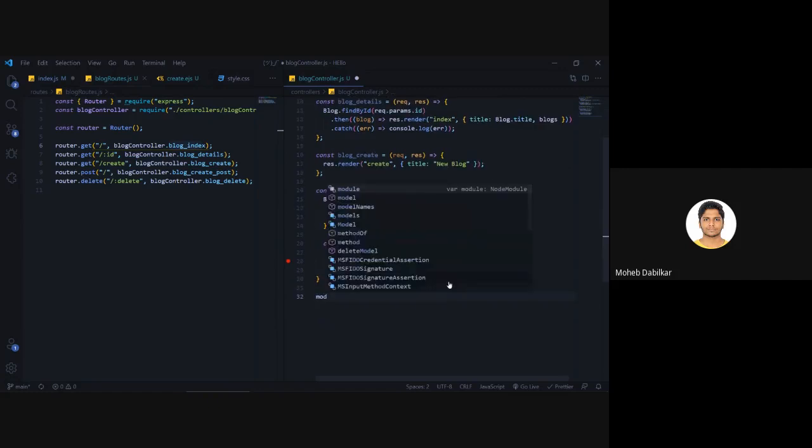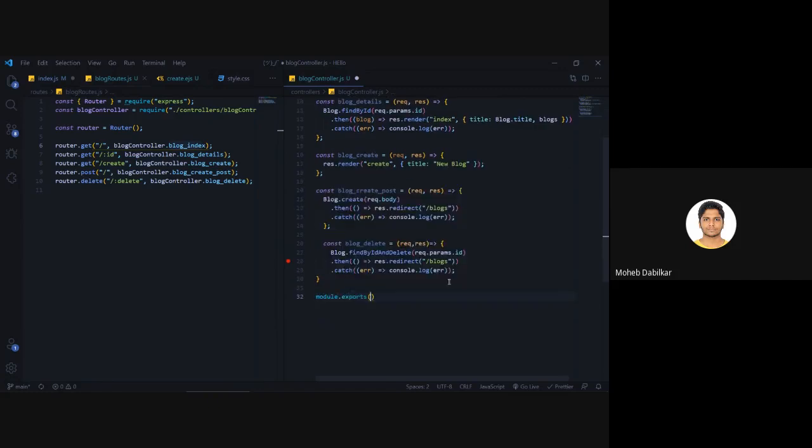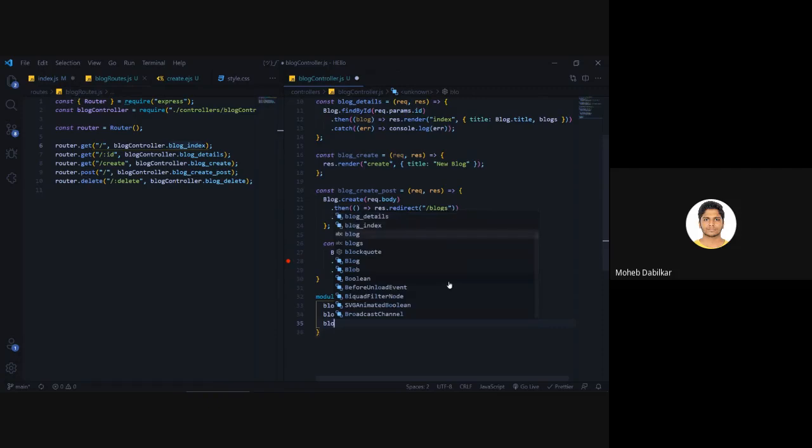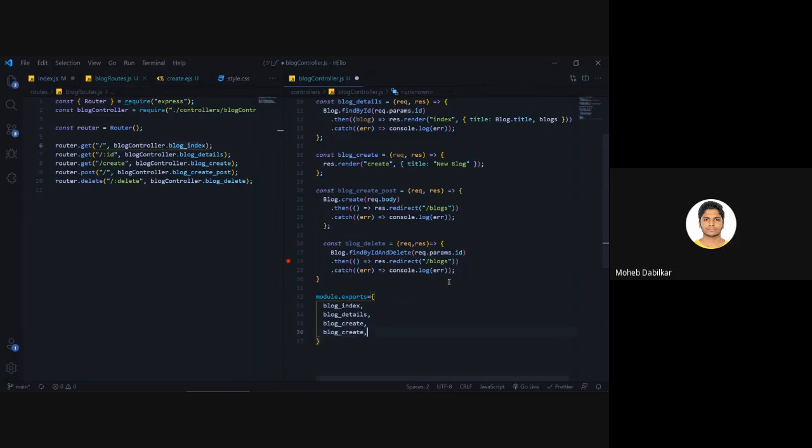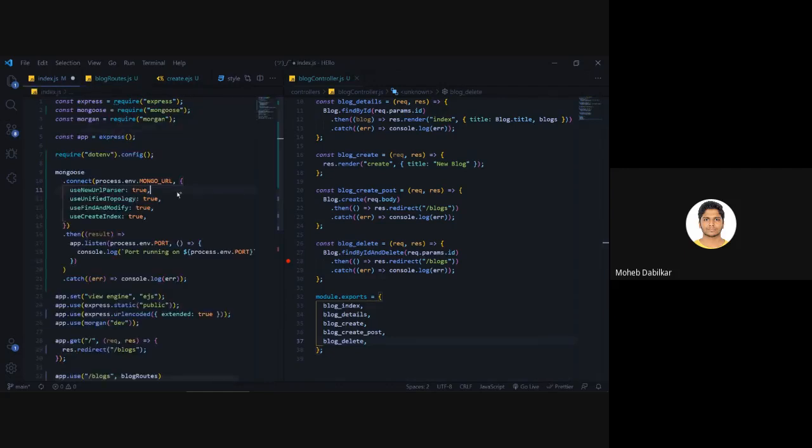We will just say module dot exports. Now we want to export everything, and we'll be exporting them as one. First we'll be exporting blog index, then blog details, then blog create, and then we have post and delete as well. Now hopefully this all works, and once I save this and go back to my home page and refresh it,